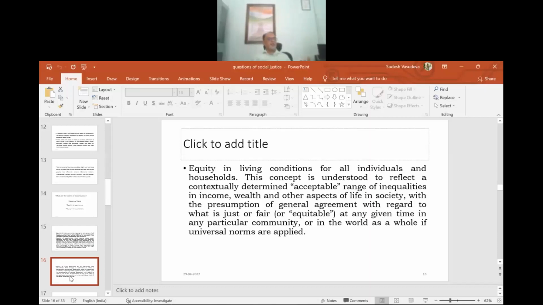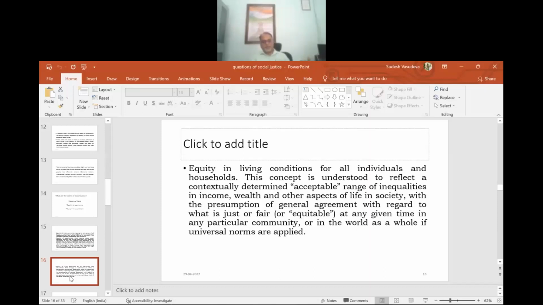I'm not talking about same wages for all, same type of housing conditions for all. Within the acceptable limits of universality, the social structure must evolve such laws which could provide for these basic living conditions. Therefore, it is equity and not equality. So the shift in terms from equality to equity, as per the document, is derived from the fact that equality in living condition has never been achieved. You cannot have the same set of house, the same set of salary